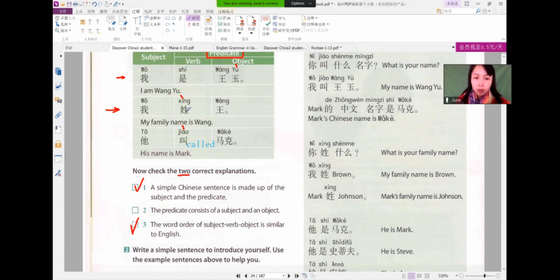But why do you say similar? Because, for example, like 姓, in English you say surname, but in Chinese we use it as a verb. It's like my surname is Wang. If you learn other languages, you will notice some of them, the order is not like this. Sometimes they put the object in the first place, like June, I am. I think in Japanese or Spanish, they will say June, I am, not I am June. So that's why the order is different and will make learning the language harder for people whose mother tongue is not the same order. But so far, the Chinese simple sentence follows subject, verb, object order like this. Like I am 王玉，我是王玉。